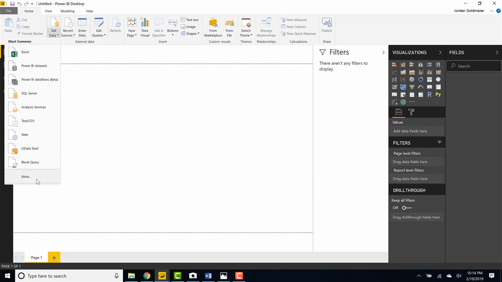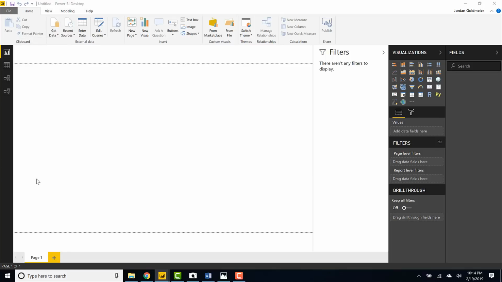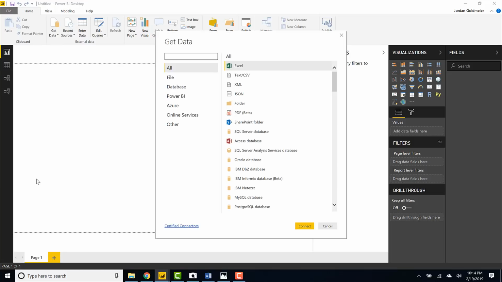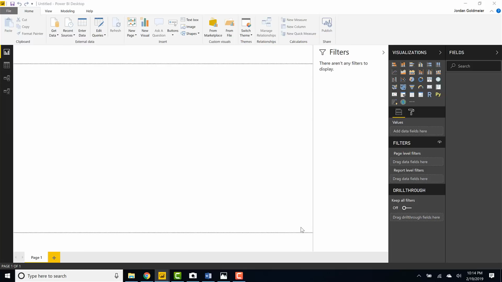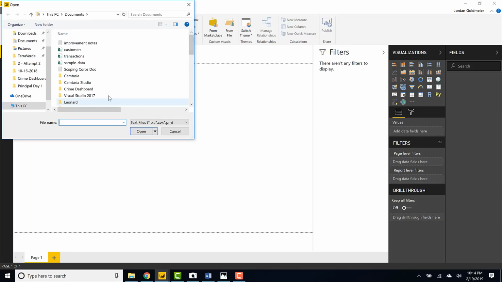So the first thing I'm going to do is go get some data, right? So I'm going to go ahead and do that. It's going to pull up our get data dialog. Notice you can get data from a lot of different sources. I already know what source I'm going to get it from, this text CSV. I'm going to go ahead and click connect on that, and then I have my crime